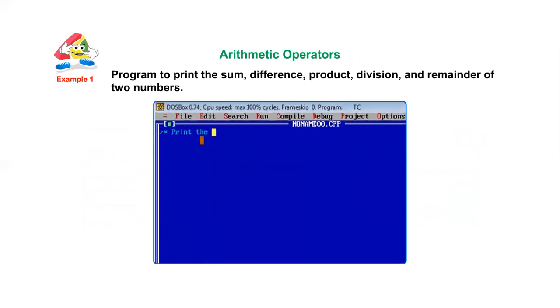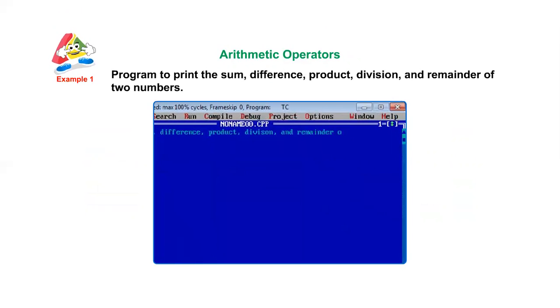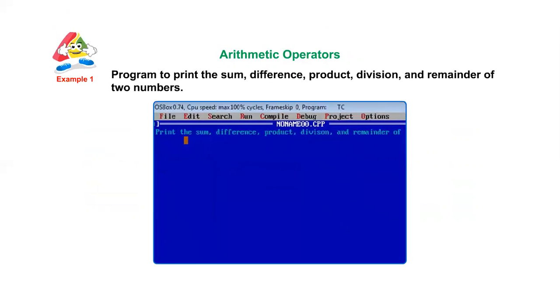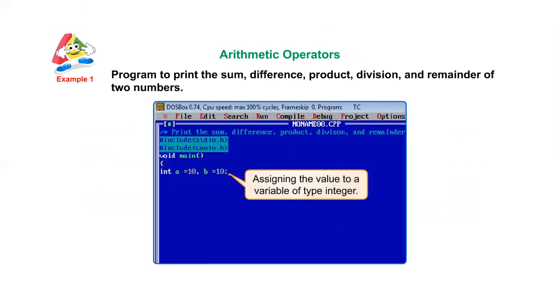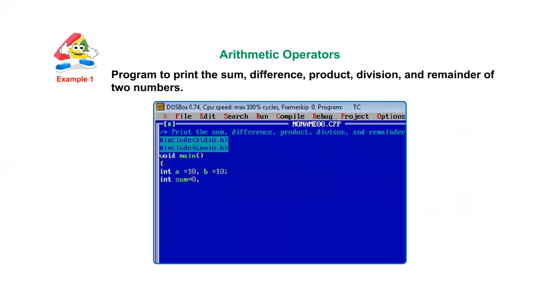/* Print the sum, difference, product, division, and remainder of two numbers */ #include <stdio.h> #include <conio.h> void main() { int a = 10, b = 10; Assigning the value to a variable of type integer. int sum = 0, sub = 0, multiply = 0, division = 0, mod = 0;